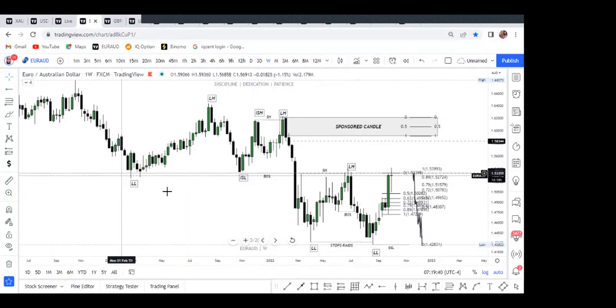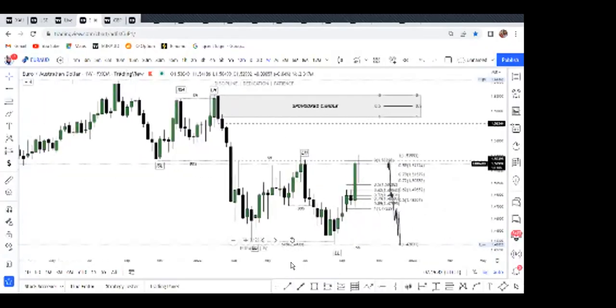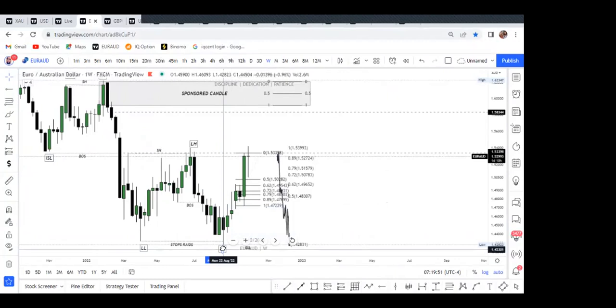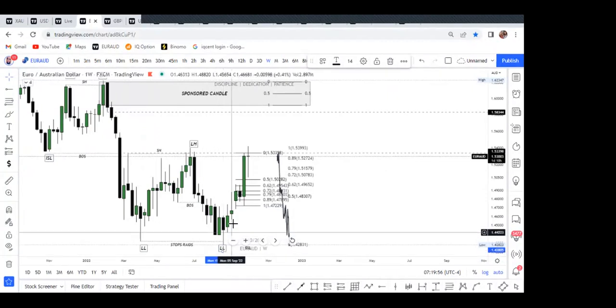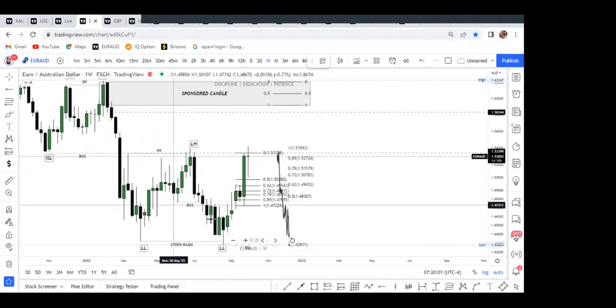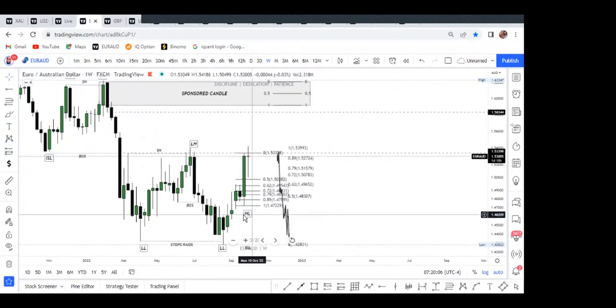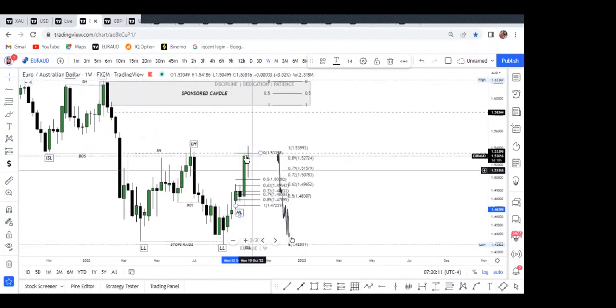So now that we have created a lower low, what happened next? We failed to break this low. Thus, they took out liquidity, made a lower low, took out liquidity, and price failed to break this low, thus making this zone a higher low. So on the weekly, we have a higher low right here, a lower low, a higher low. After a higher low, what do we look for? A higher high. Because now we already see that price has taken out this high.